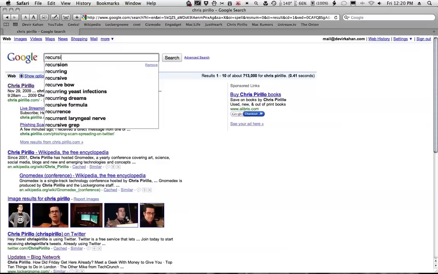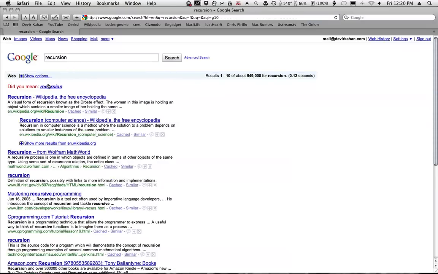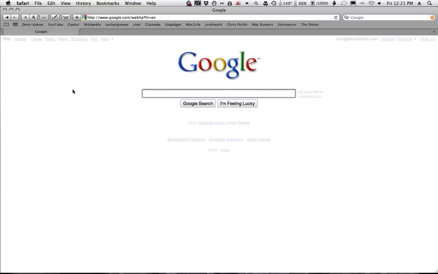But if I type in recursion and hit enter, it'll say, did you mean recursion? And you click on that, and it says, did you mean recursion? And you keep clicking, and it keeps saying, did you mean recursion? If you're not getting this joke, you'll probably want to use the define feature of Google to figure out what the word recursion means, but I'm assuming you do know what it means. Anyway, so that's just a cute, funny little thing that the clever folks over at Google decided to stick in, I guess.